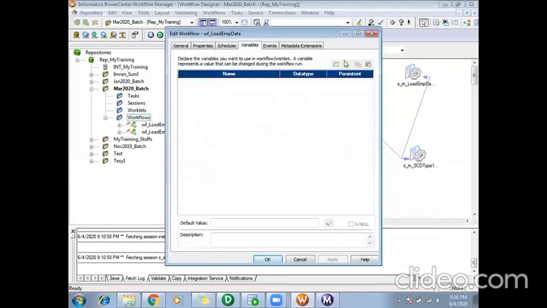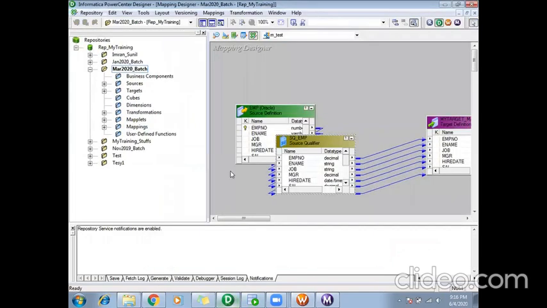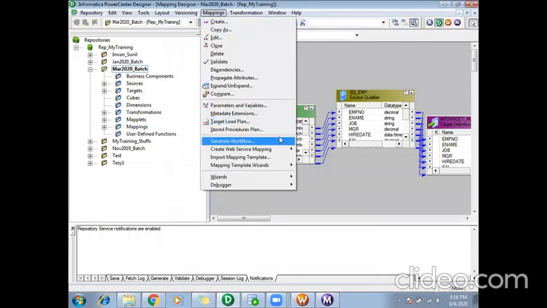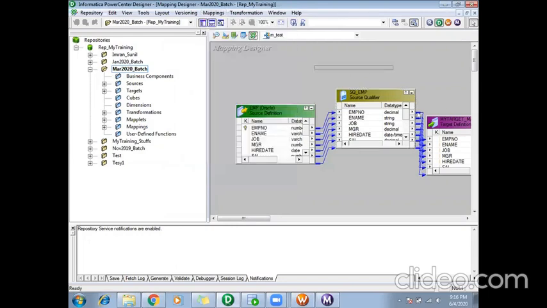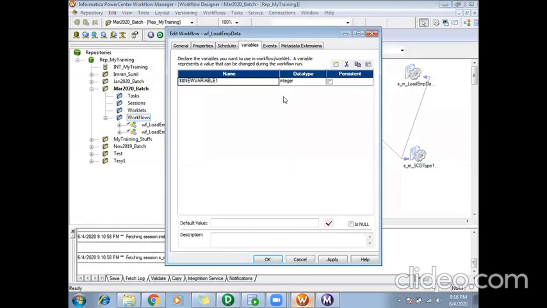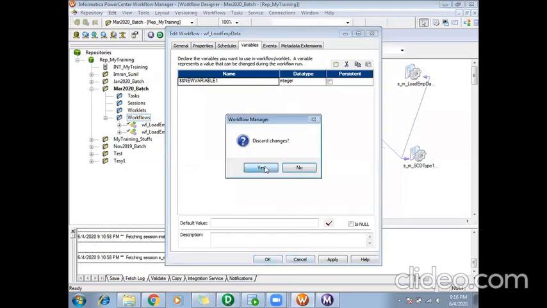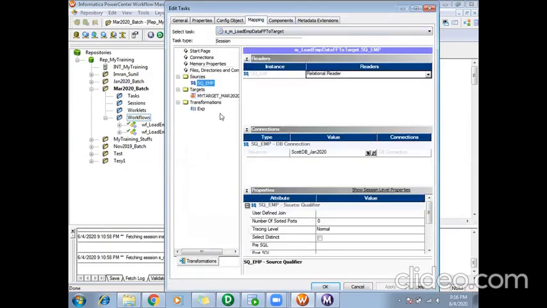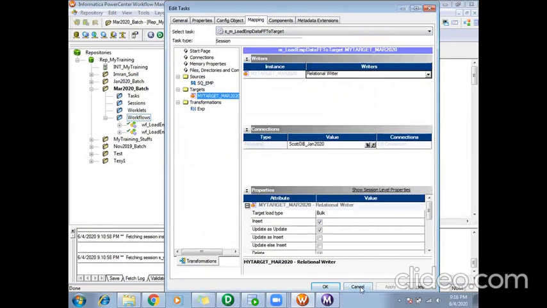Okay, then the variables section is where you can create your variables, like mapping variables and mapping parameters. If we want to use some values in our mapping, we will create them in the mapping parameters and variables, so those values I can use in the mapping. Now assume I want to use some values at my workflow level, in my session and all. Like I told you, if I want to get the file name path, instead of hard coding the file name path or the file name, I want to get it from the parameter file.